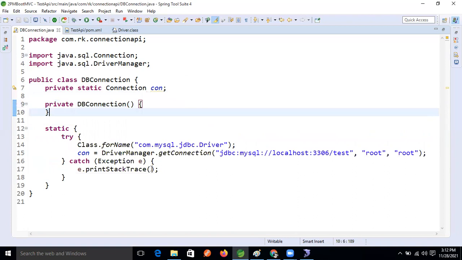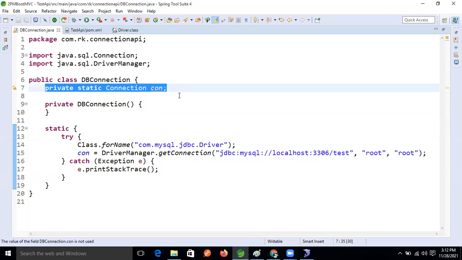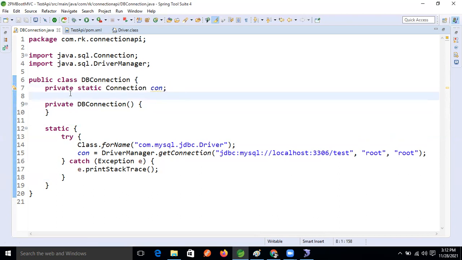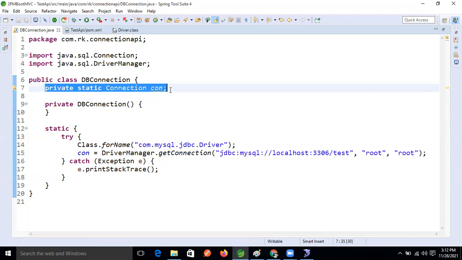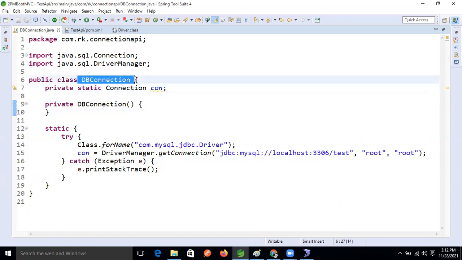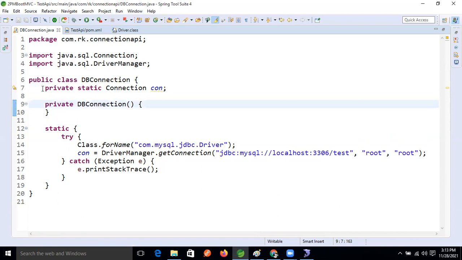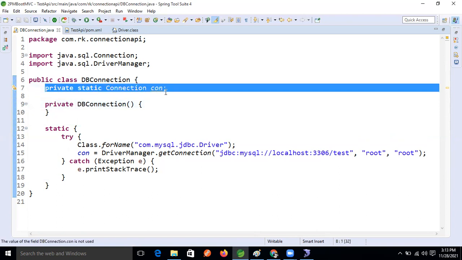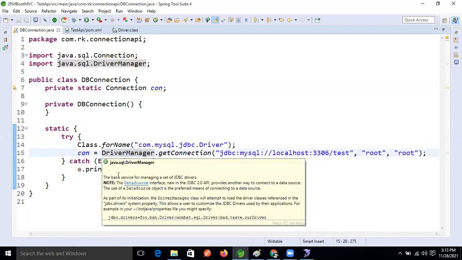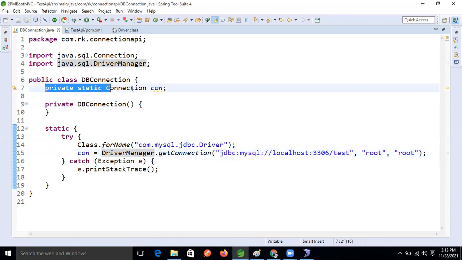Okay, so now, how can we access this connection object? We can't access it outside the DBConnection class. To make it accessible, we need to expose this connection using a static method.